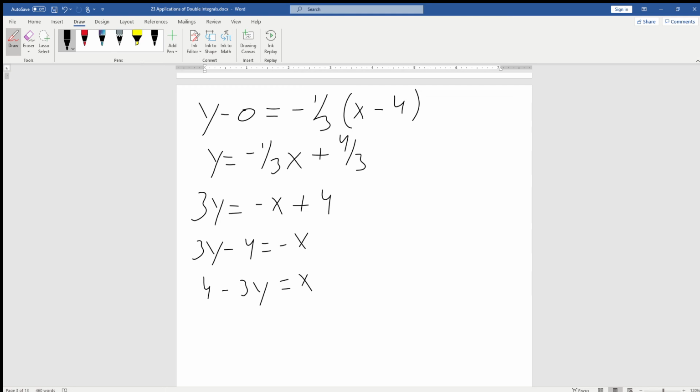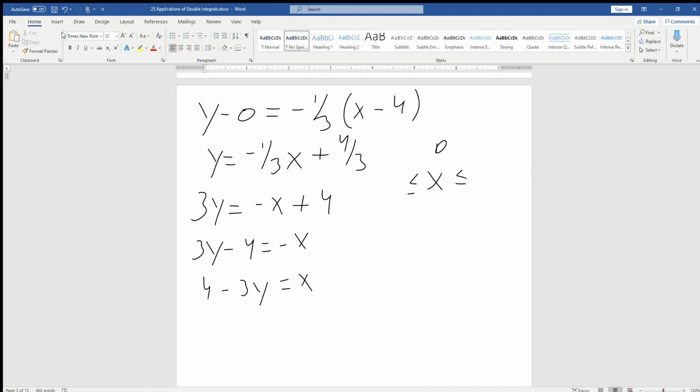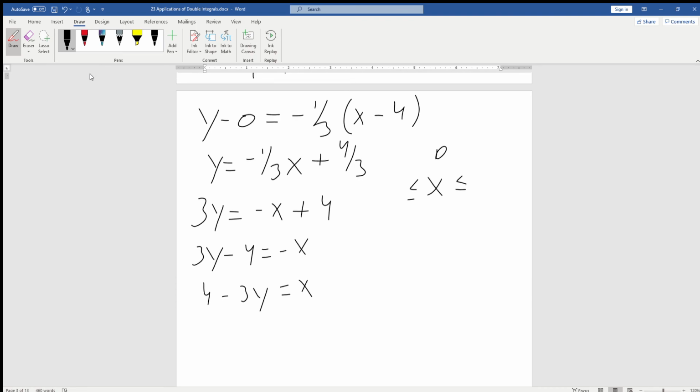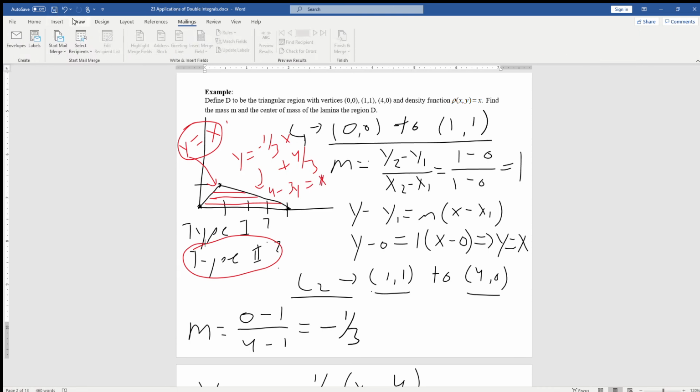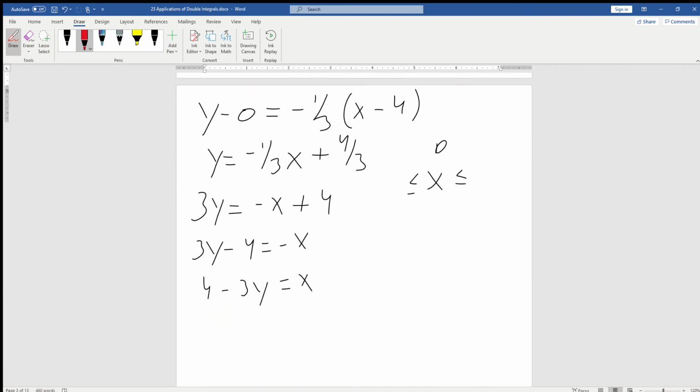And then remember the other equation that we had was y equals x. So if we put all of this into a region, the region D, if you go back up to the diagram that we had, notice that the line that's on the left is y equals x. Okay, so that's our lower bound. And then the other line, which we ultimately got, was that 4 minus 3y is equal to x. That's going to be our upper bound. So x is going to go from y to 4 minus 3y. And then also y,